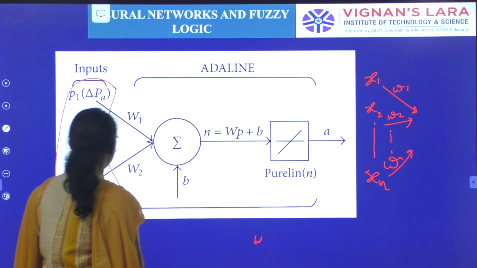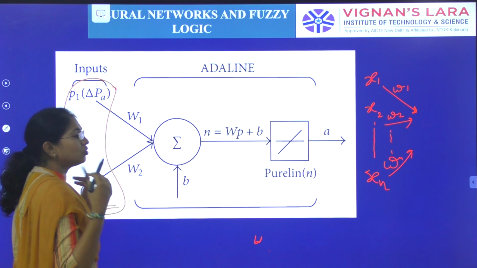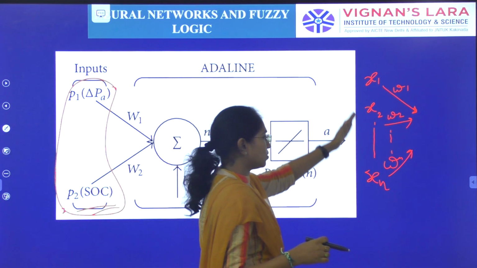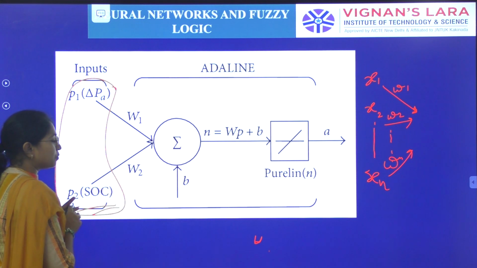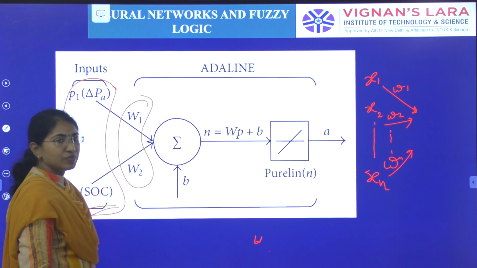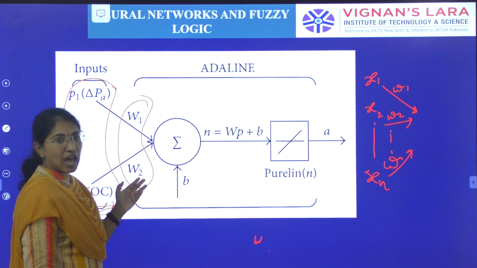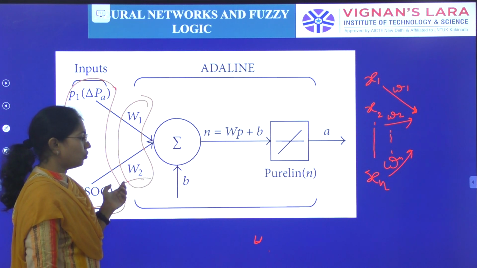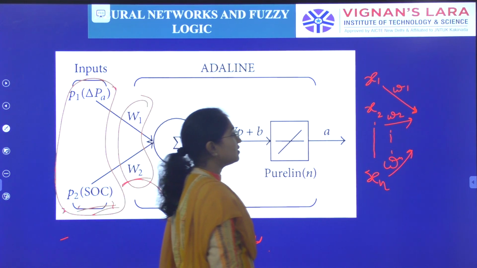In the example we have considered P1, P2. Now the input is being passed through synaptic weights. As we have considered two inputs, we have considered two weights. If the neural network consists of